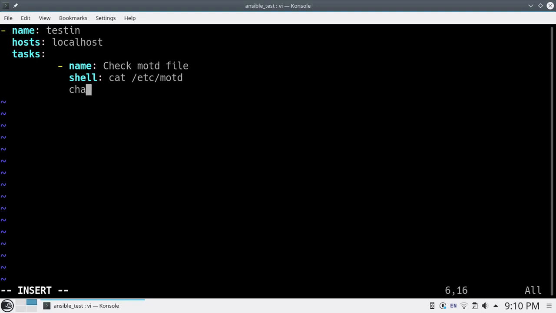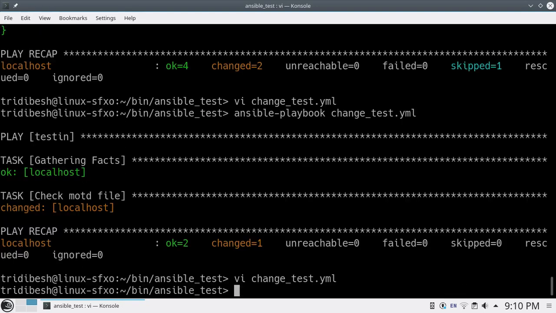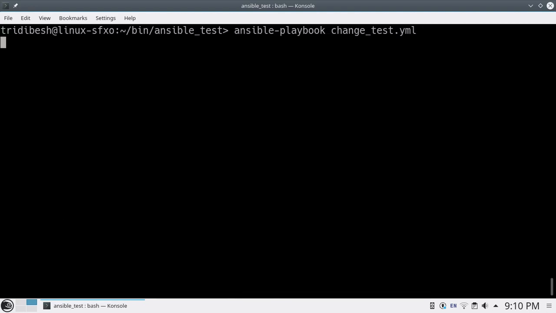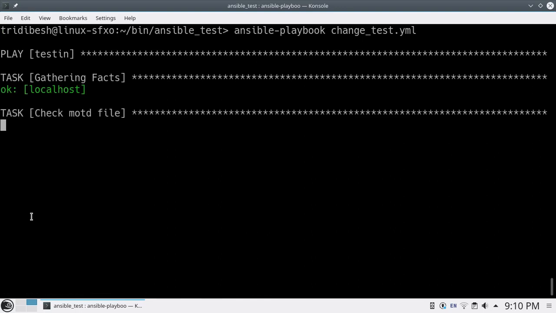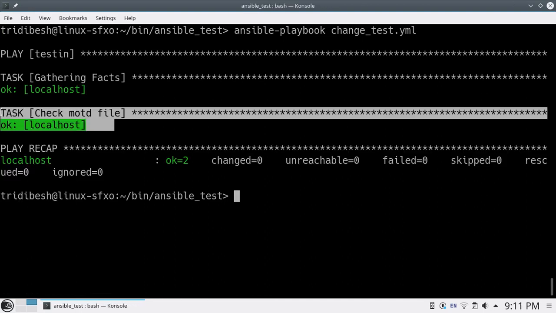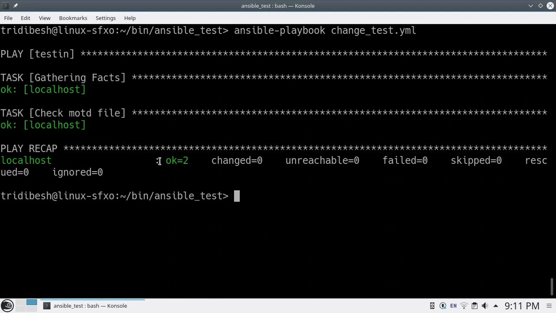You put the option called changed_when equals false. Now if I run again, it should not say it is changing, it will just say ok. So like this you can change the status in your playbook, instead of wrongly reporting a change when nothing is actually changing.